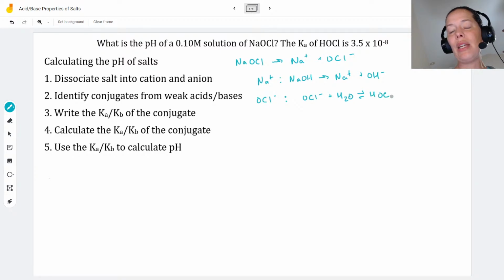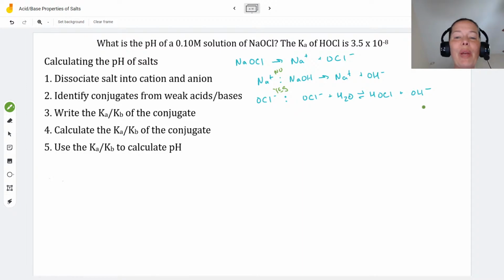And this will be in equilibrium. Right? Okay. All right, so this does not have any properties. This does have acid-base properties. All right, so I am going to take this equilibrium expression and I'm going to write basically the K for